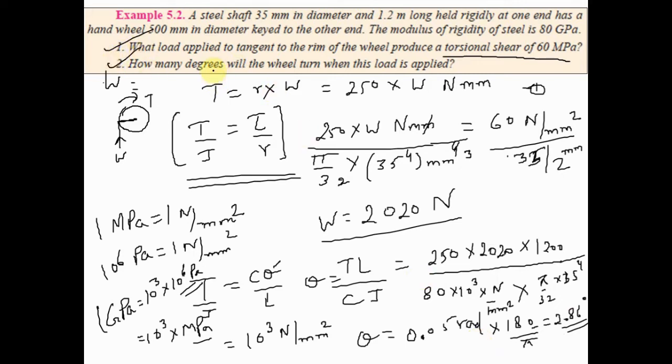It is 2.86 degrees. So I'll just take a 2-second pause for you to see how it is done. You can pause the video, you can take the notes on how I have solved. Then I'll be moving on to the next question. You can pause the video and see how it is done. Then you can watch further. Okay. So let's move on to the next question.